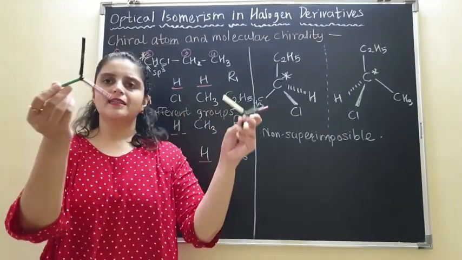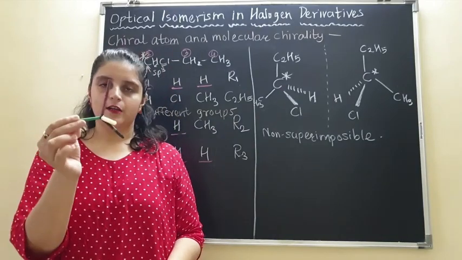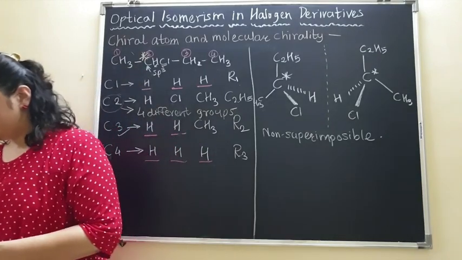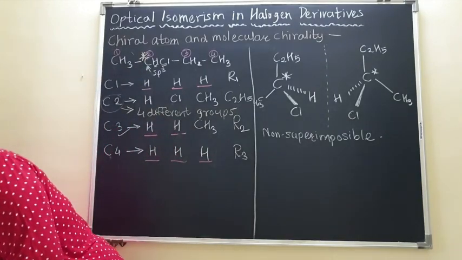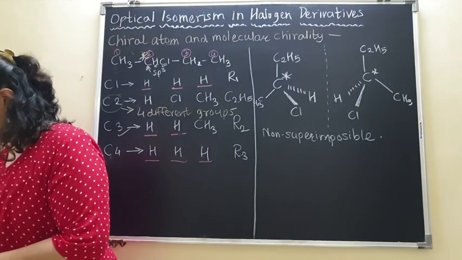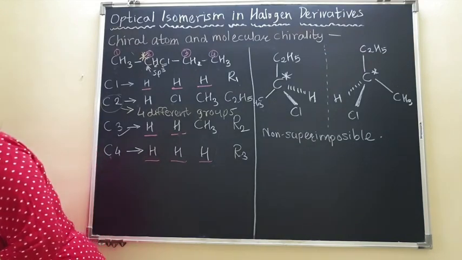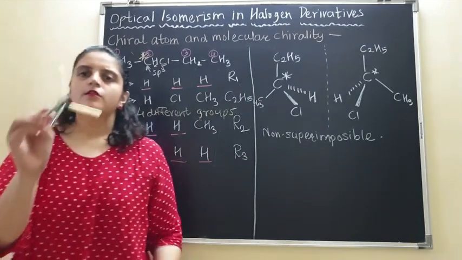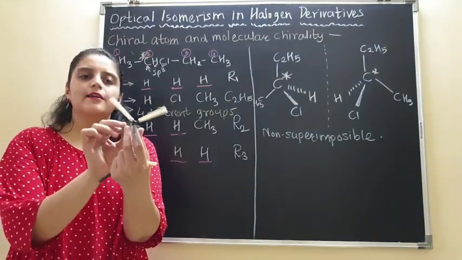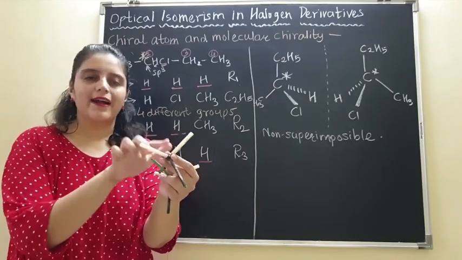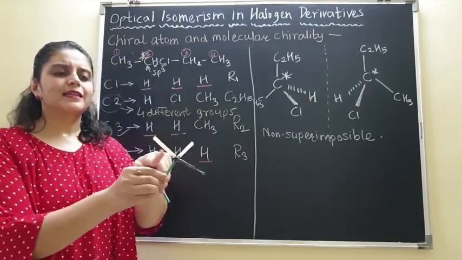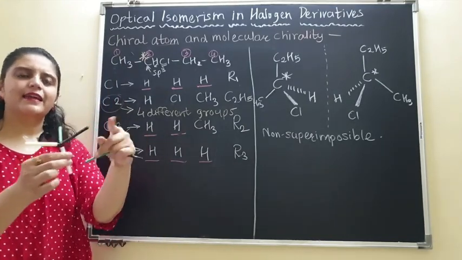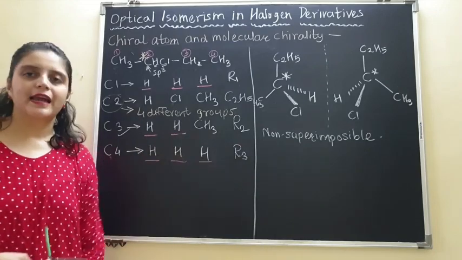Okay, so I am changing this right now. Here there are all 4 different groups, different colors. So let me make at least 2 colors the same. So now if you look at this, there are 2 white colored bonds over here. Imagine these 2 white colored bonds to be 2 hydrogen atoms. Then one is green and one is black. They may be CH3 and R2.